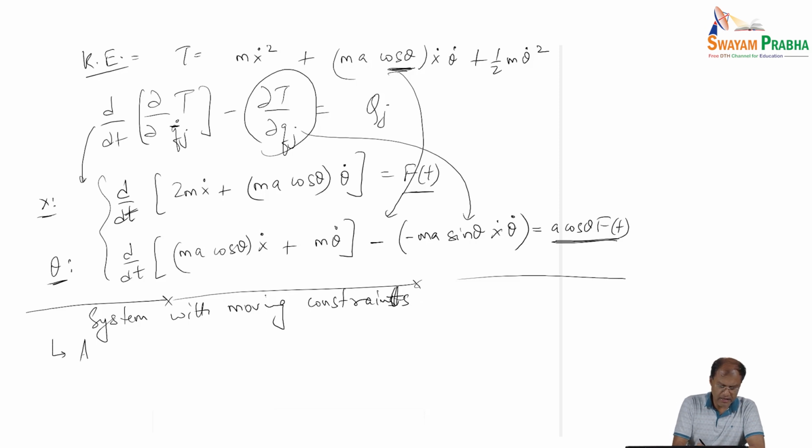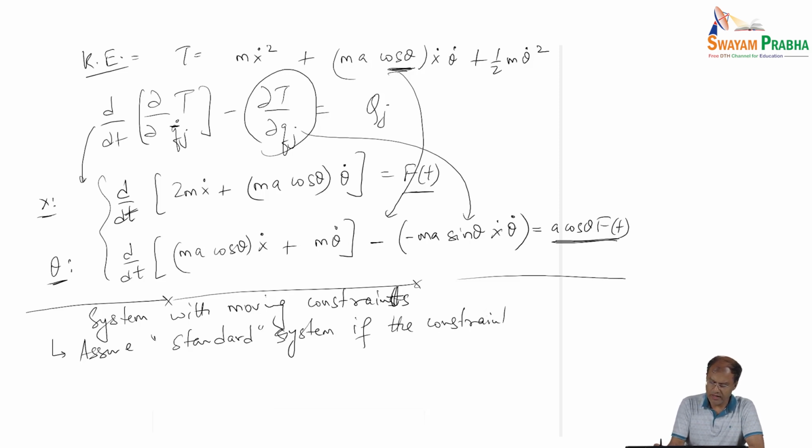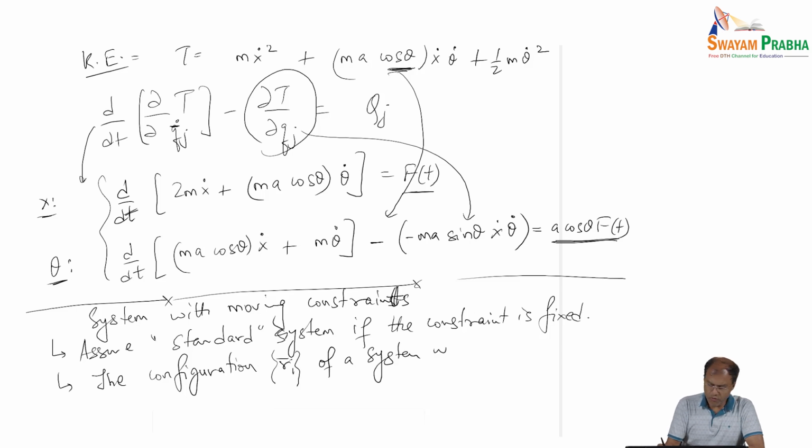So we see that let us assume the standard system, if the constraint is fixed, and let us say that the configuration Ri of a system with moving constraints